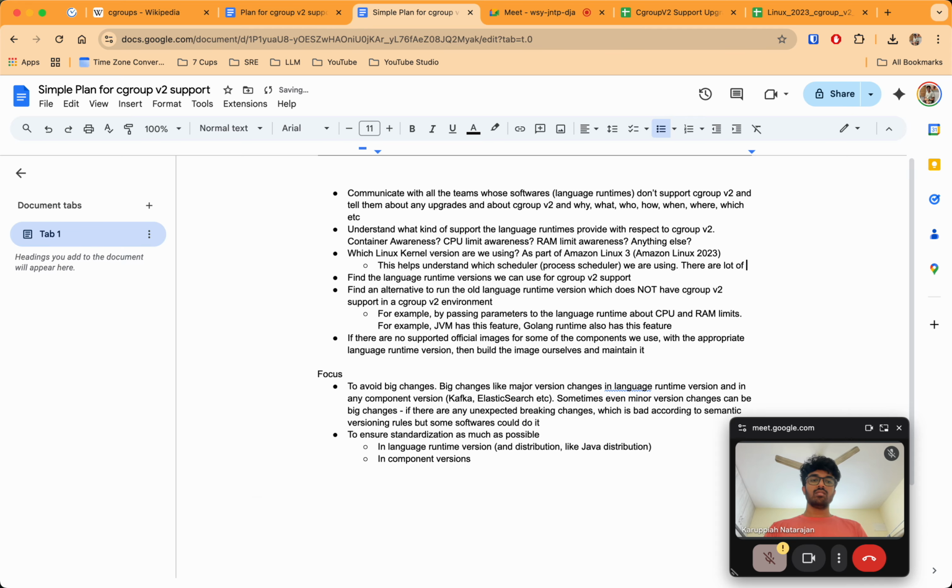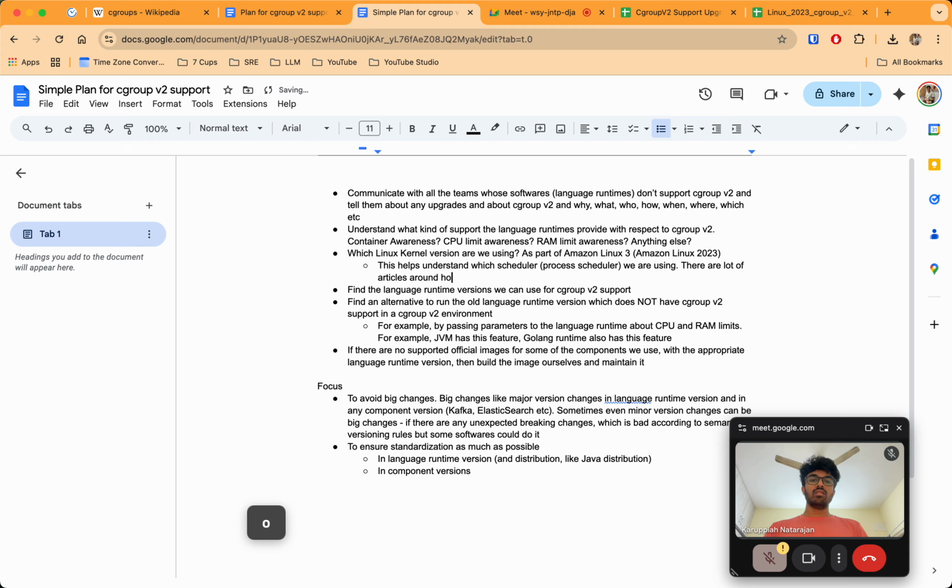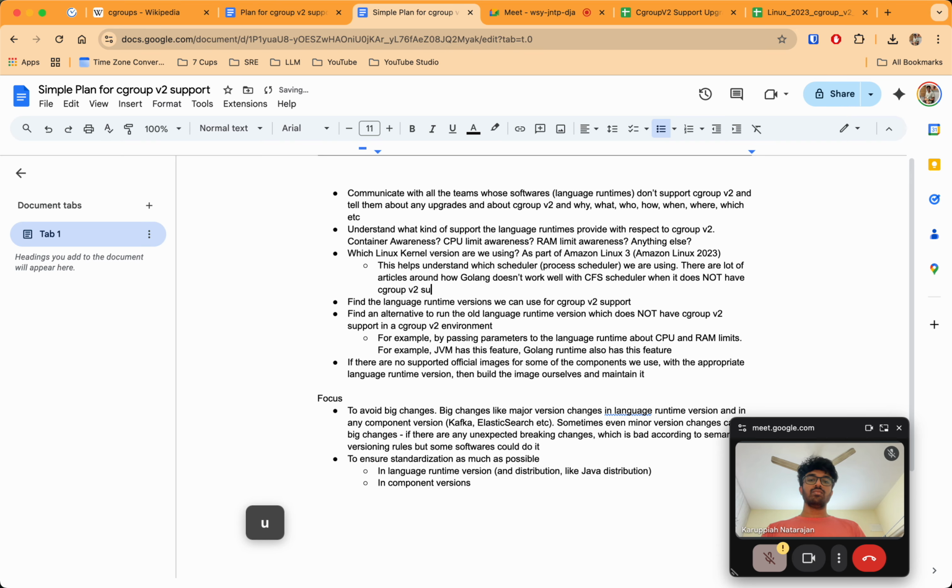There are a lot of articles around how Golang doesn't work well with the CFS scheduler when it does not have cgroup v2 support.